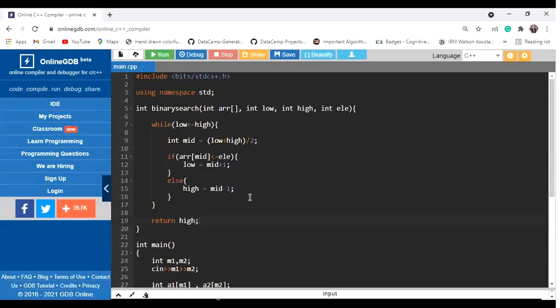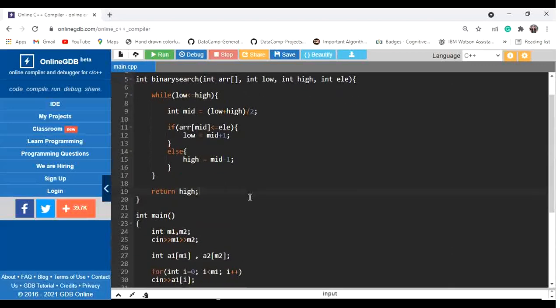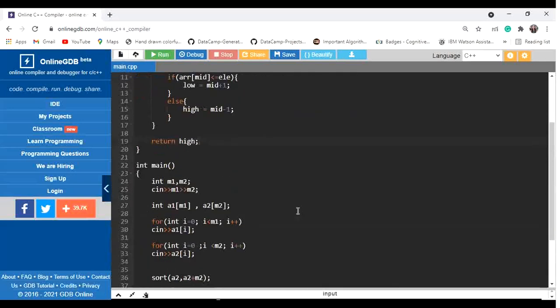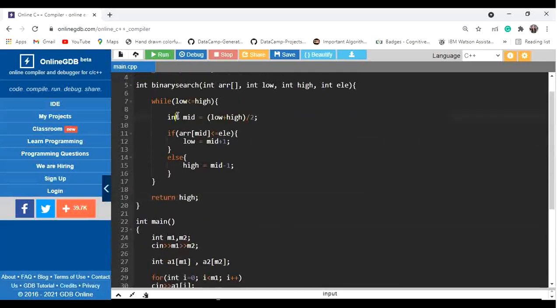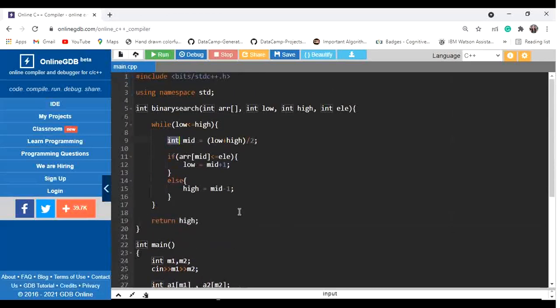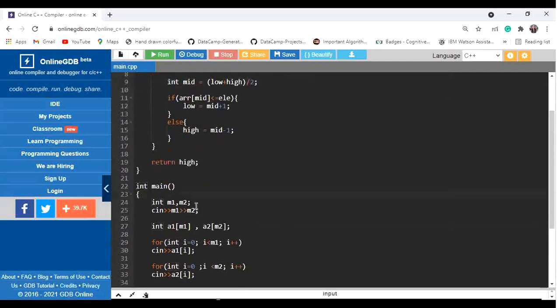Now this solution that we just discussed using binary search is an optimized version than the previous one that we discussed. So what is the time complexity for this particular solution? It is going to be big O of M1 log N plus M2 log N, because here we are reducing the problem by using binary search, and the M2 log N comes from the sorting, because we are first sorting the second array. The space complexity is again going to be big O of 1, because we are not taking any extra space.